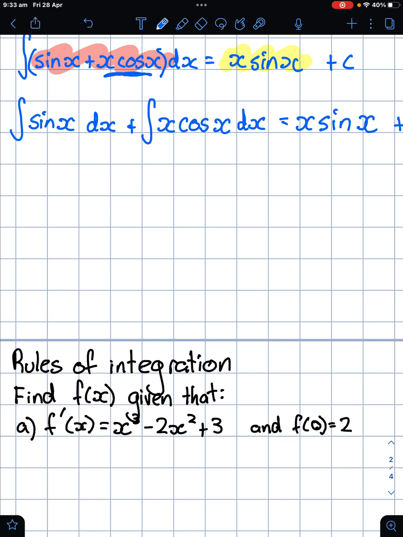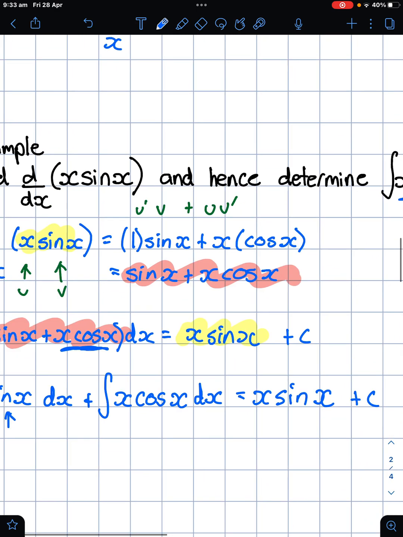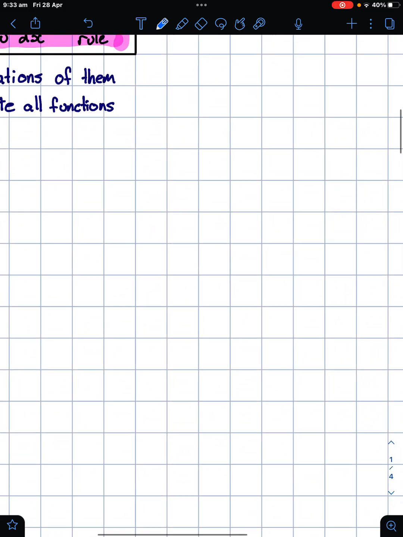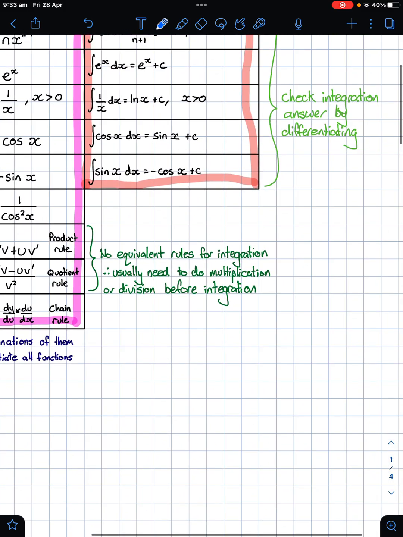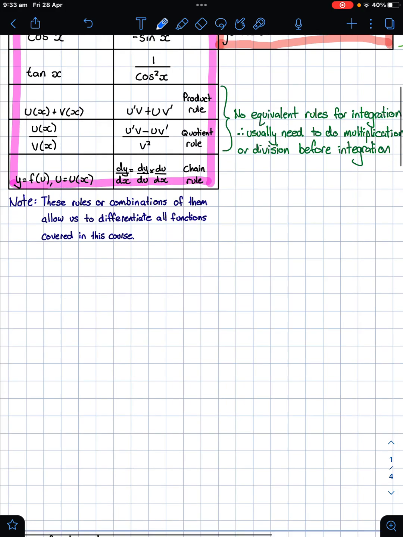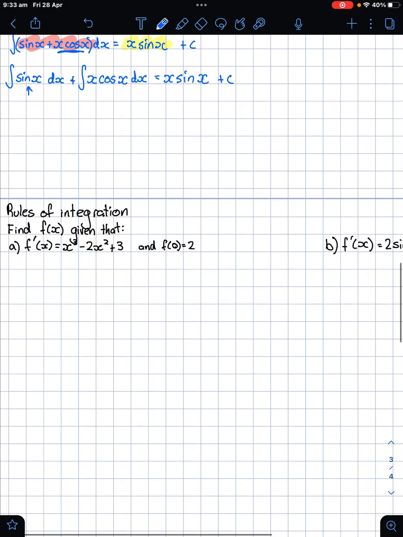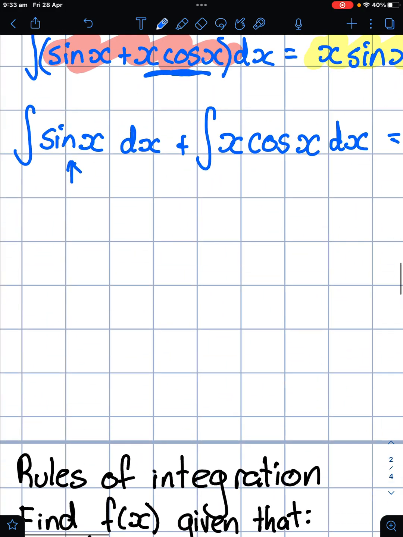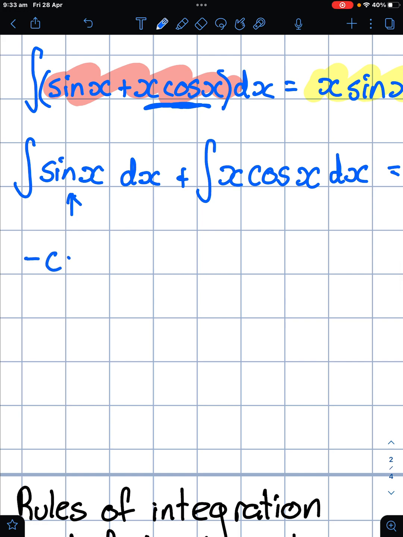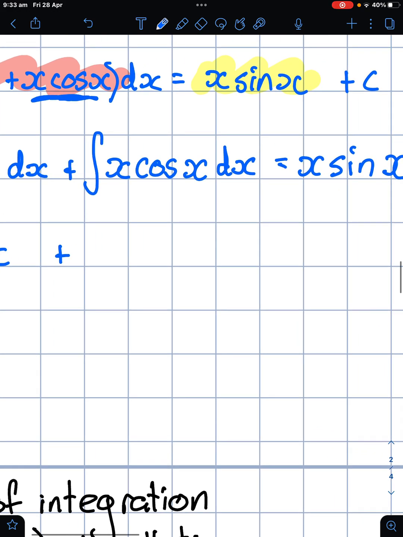Now, the integral of sine x is negative cosine x. Let's just double check our rules again. So go back up. What have we got? The integral of sine x is negative cosine x. So I'm going to put that in here. So negative cosine x plus the integral of x cosine